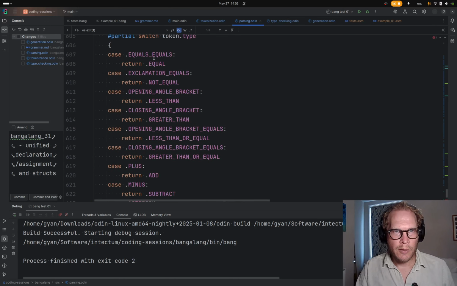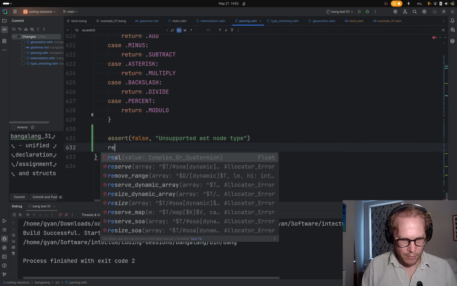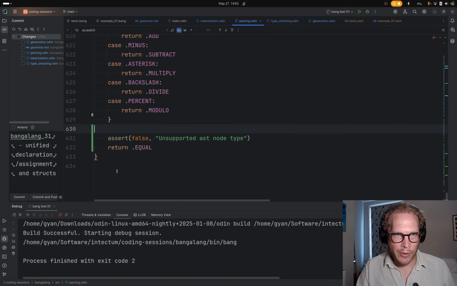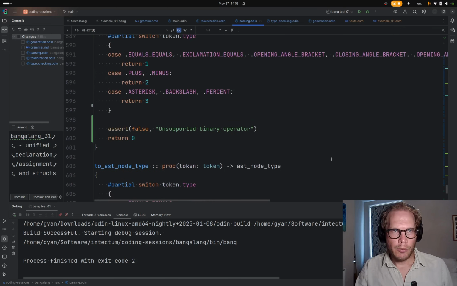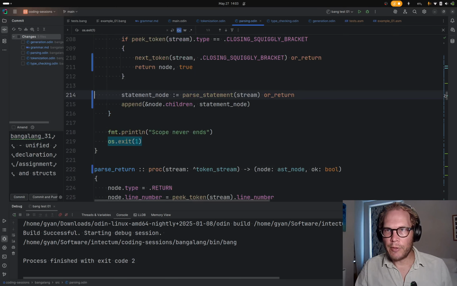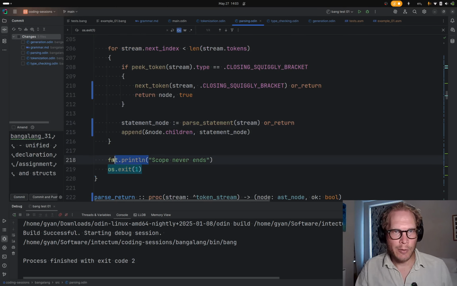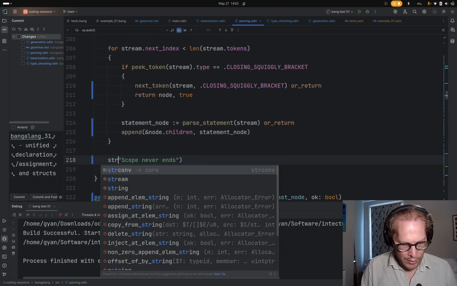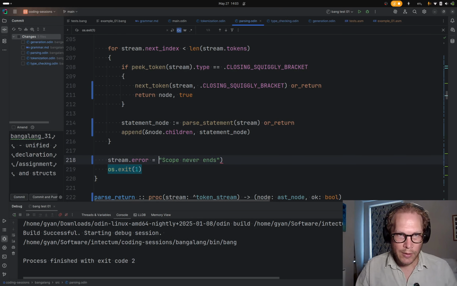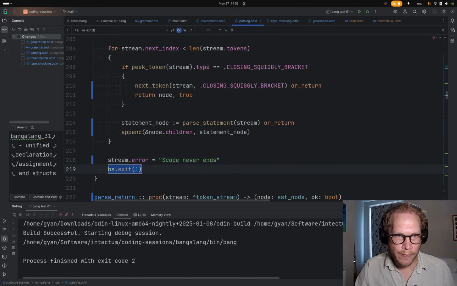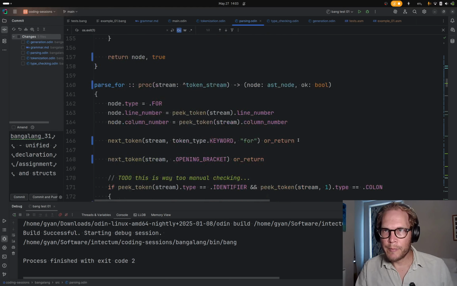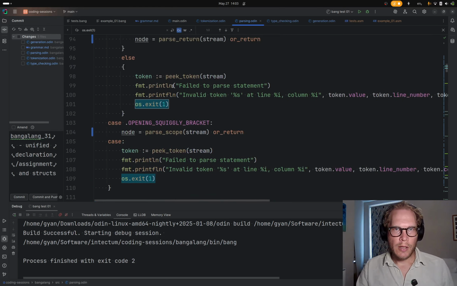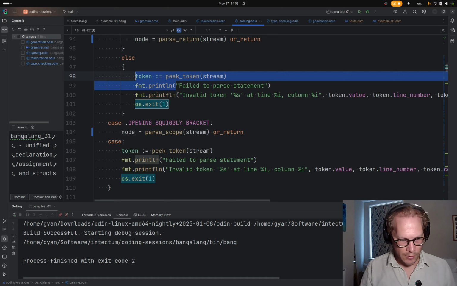And this is kind of silly, but maybe I could have a none in my enum. Just returning any old thing should be fine. But here, like script never ends, let's say that's the stream error. And we return false. And up here,